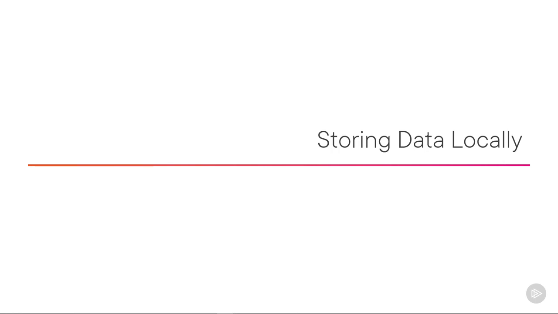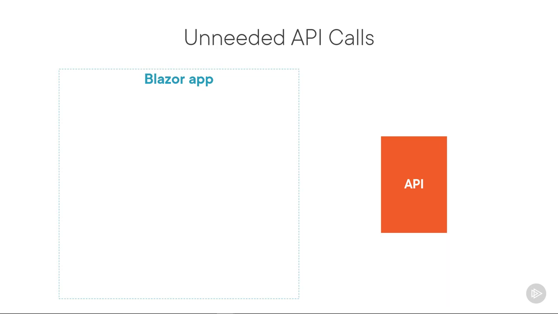Application state can help so that components can share data, but as said, that data is in memory and will be lost once we refresh the app. Let's now add another layer of working with data, and it is storing data locally. Before we look at how we can store any data persistently, let's learn about a problem we may have with